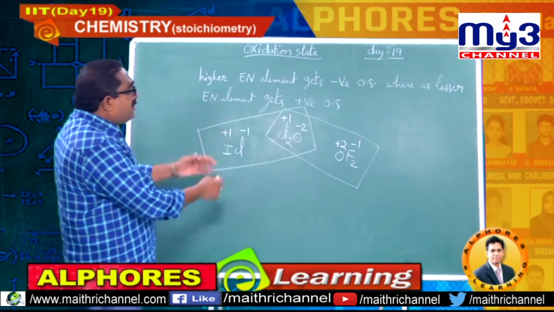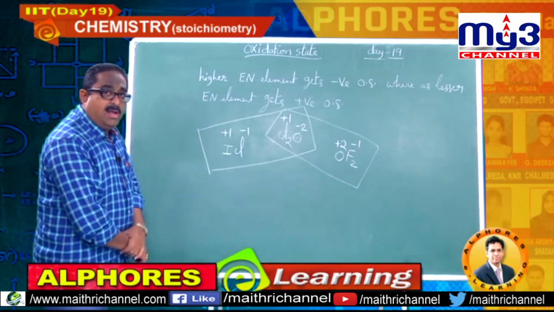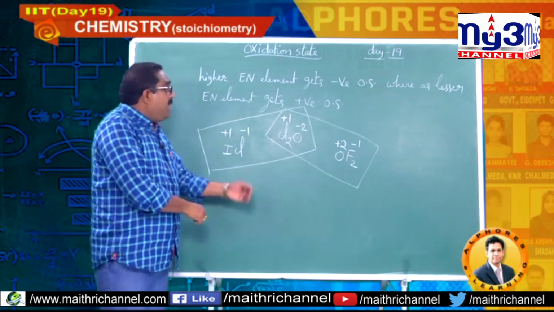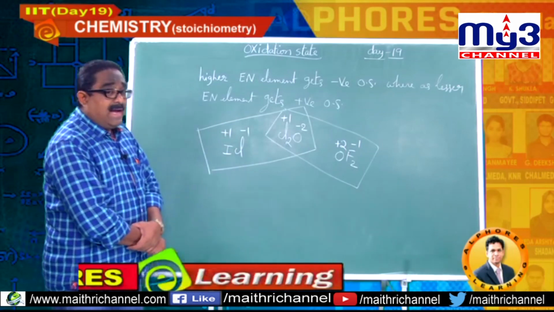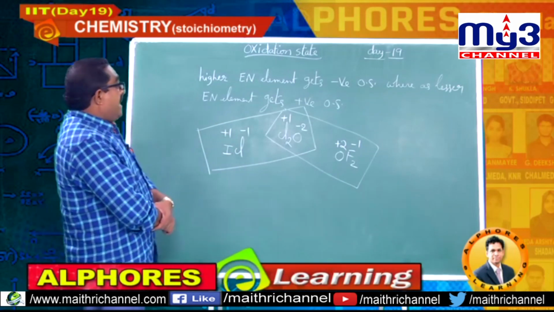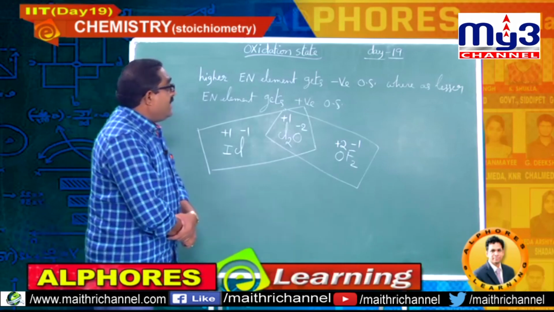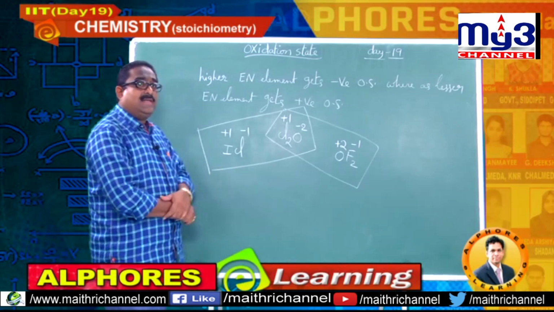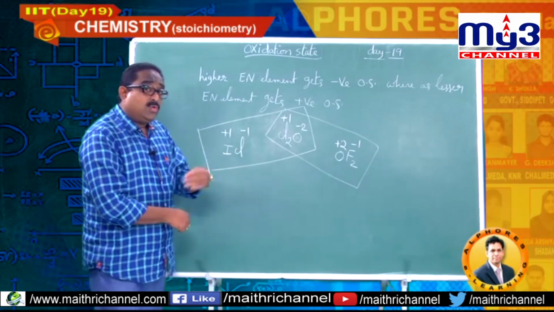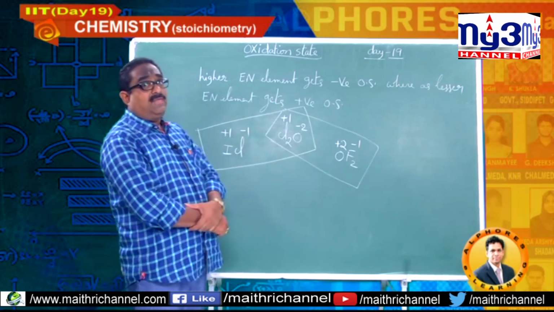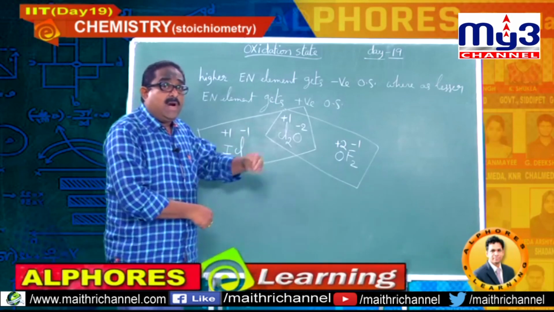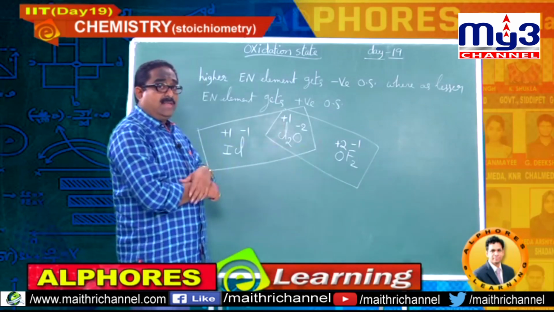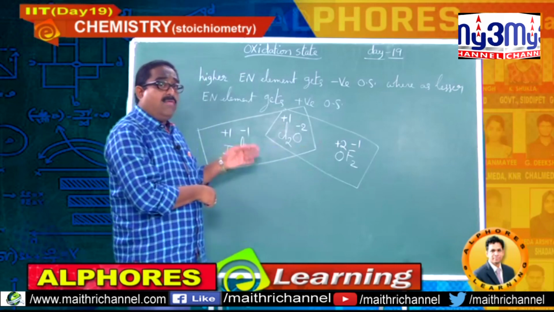So, you can support the statement with this best example, where in a given compound usually the more electronegative element gets a negative oxidation state, whereas the less electronegative element gets a positive oxidation state. Please note down, students. And after this I will go through the common oxidation states of different elements corresponding to 3rd A group to 7th A group. I will give the list, and then after that I will go for the next rule.